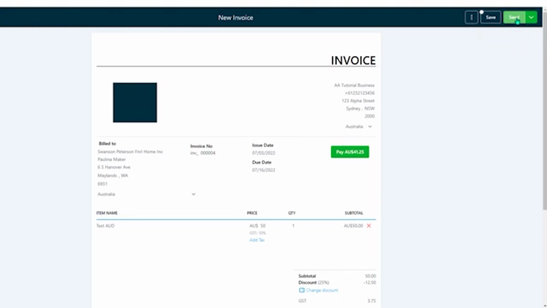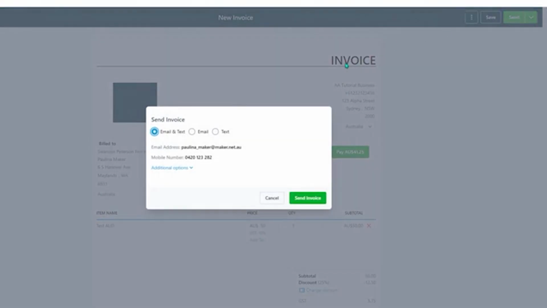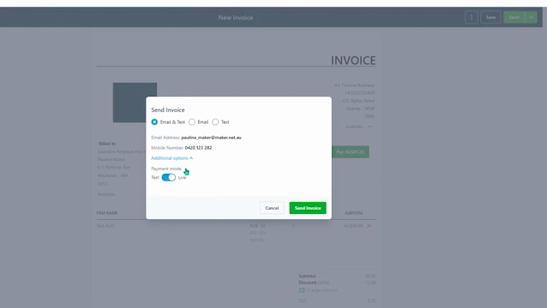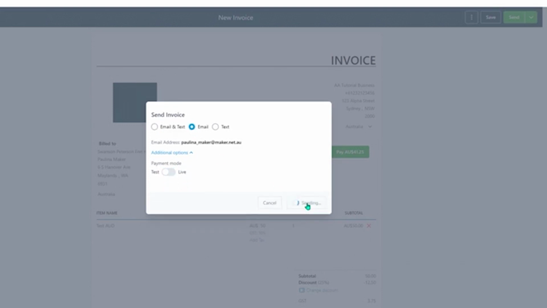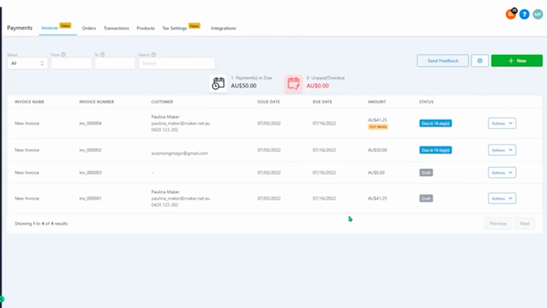for the invoice. In this case, we're going to hit the send button, and this will give us the option as to whether we want to send it via email and text, email only, or text only. Under additional options, you can choose whether or not this is going to be a test invoice or a live invoice. Okay, in this case, we're going to select test and we're going to select email only and select send invoice. This will bring you back to your invoices dashboard area where you can see a summary of all your